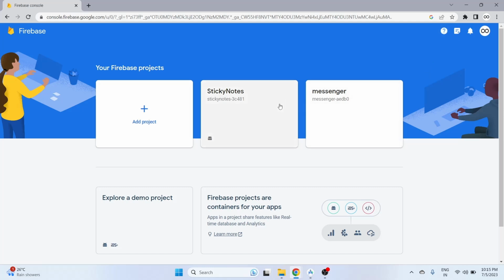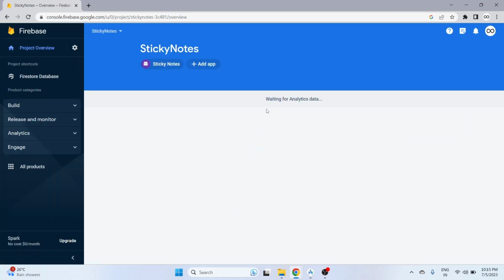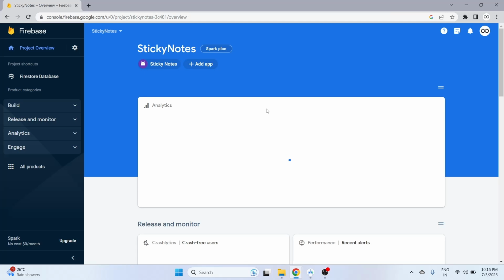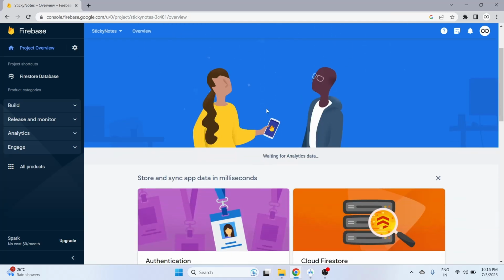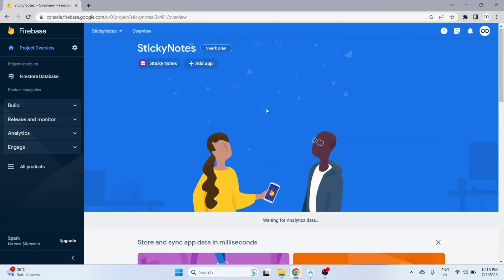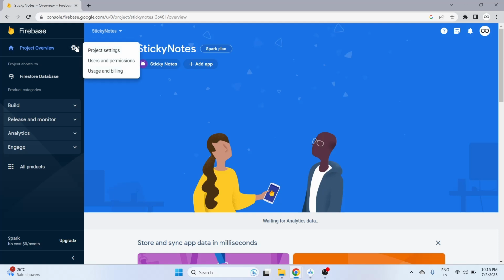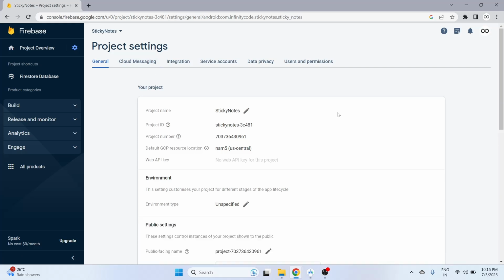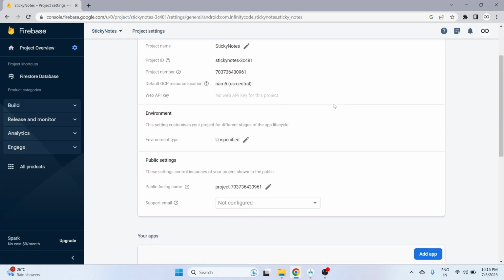Next, click on the project you want to delete. On the project page, you will see the list of applications connected to this project. To manage that project, click on settings icon, select project settings. Here on this page, scroll down to the bottom of the page